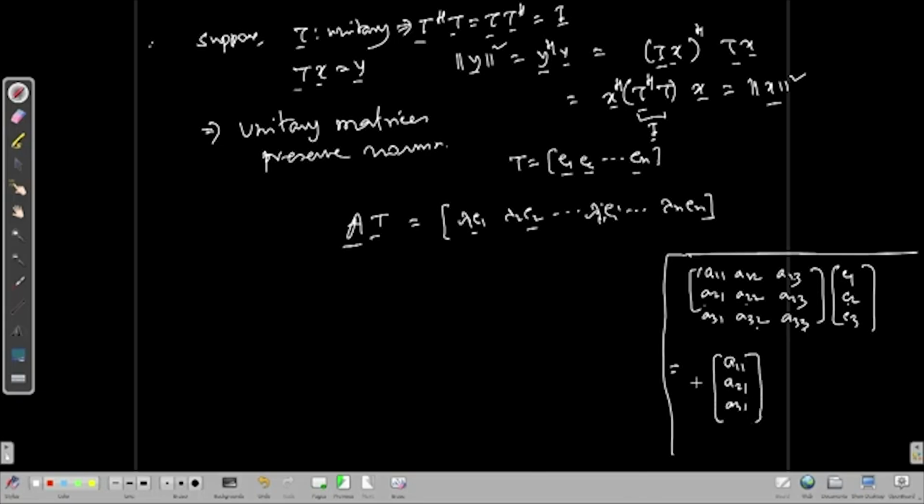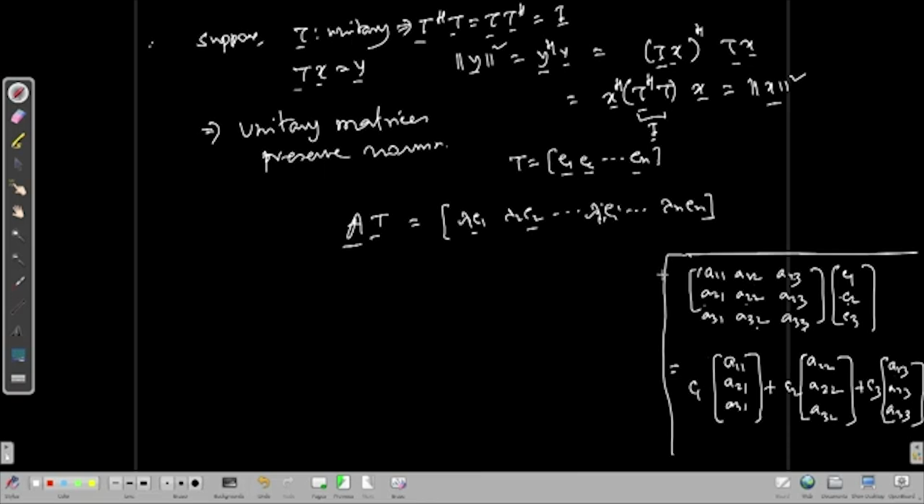if I multiply this by C1, all the elements multiplied by C1, then take the second column A12, A22, A32, multiply all the elements by C2, and take the last column A13, A23, A33, multiply by C3. Then if you add, you will see A11 C1, A12 C2, A13 C3,